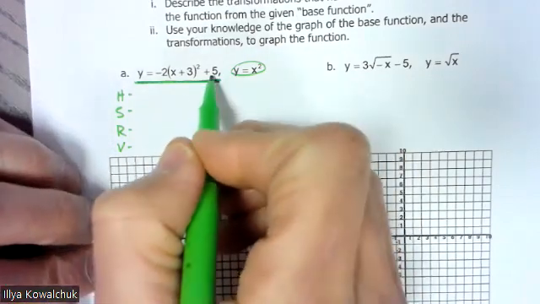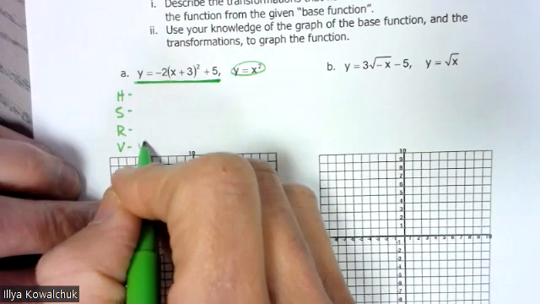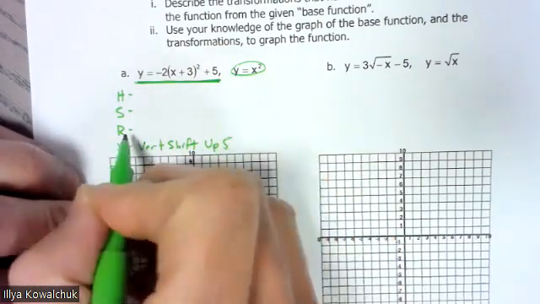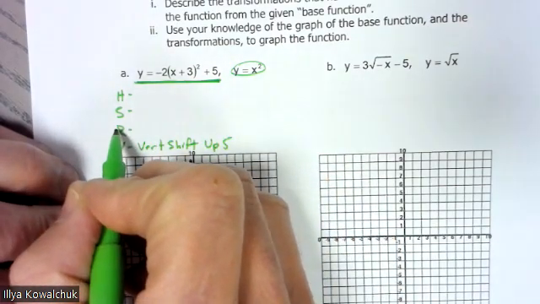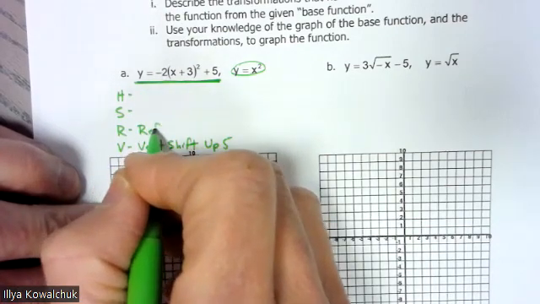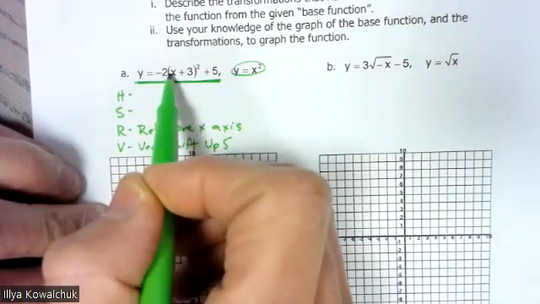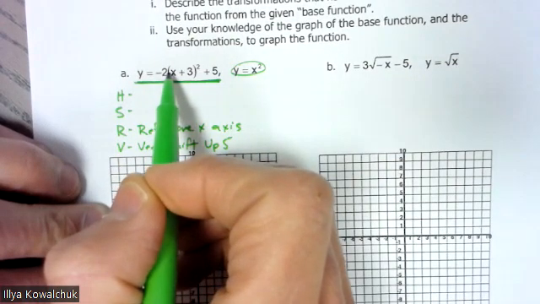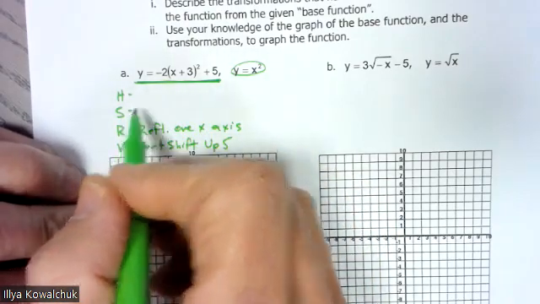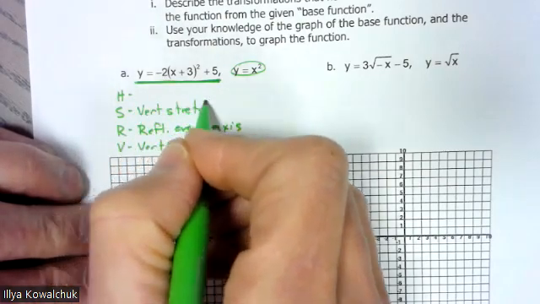So right here, this is going to be my vertical shift, always at the end outside the parentheses. So that's a vertical shift of up 5. Do I have any reflections? Well, I've got a negative here, so that's going to give me a reflection over the x-axis. If the negative was inside the parentheses next to the x, then it would be a reflection over the y-axis. This stretch right here, that's a vertical stretch of 2,